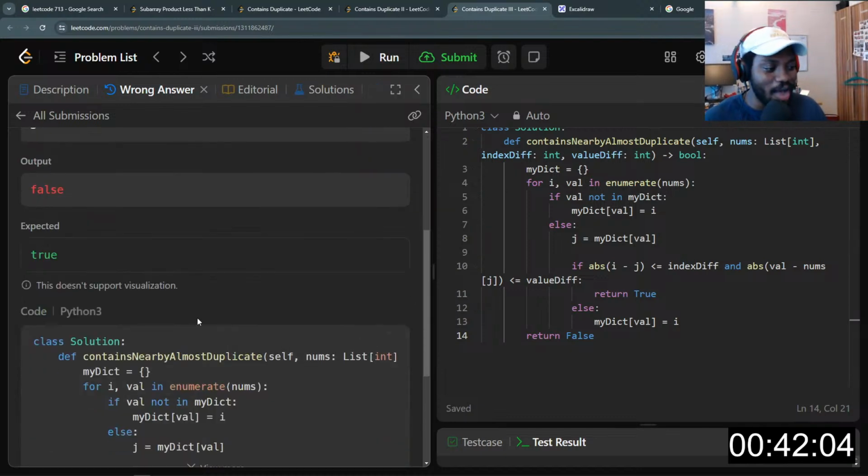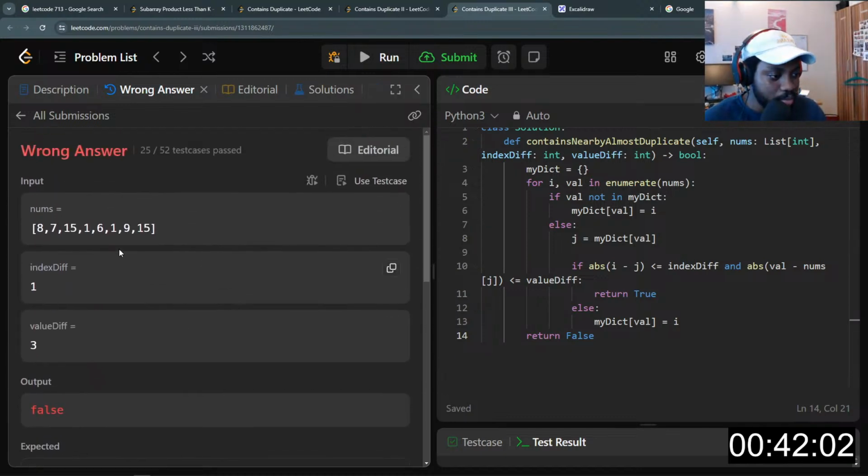Anyway, let's see what happened. Value diff here is 1. Index here is 2. So with index, value diff is 3. Index diff is 1. So let's see, 1 8 7 15 1.